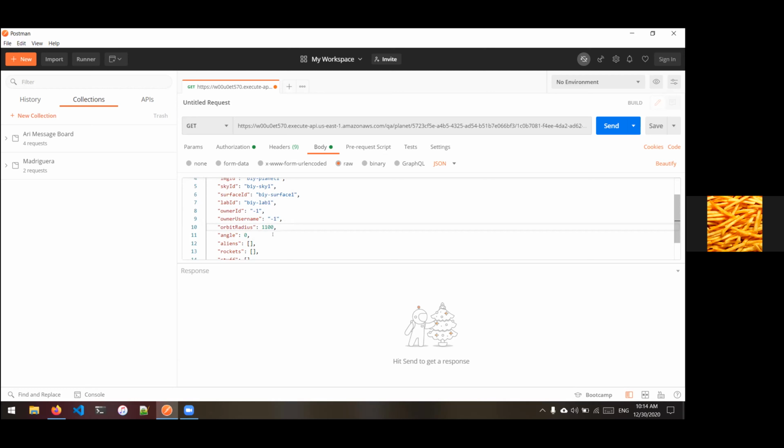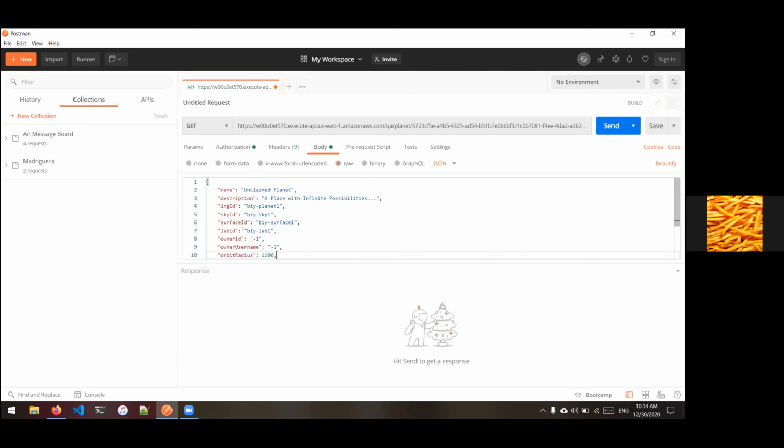So you find that planet in the database, and it has a certain orbit radius, which you can then keep the same, and that way the planet doesn't get moved towards or away from the star. And then you also need the system ID and the planet ID itself. Those get put into the URL. So it's system ID / planet ID,